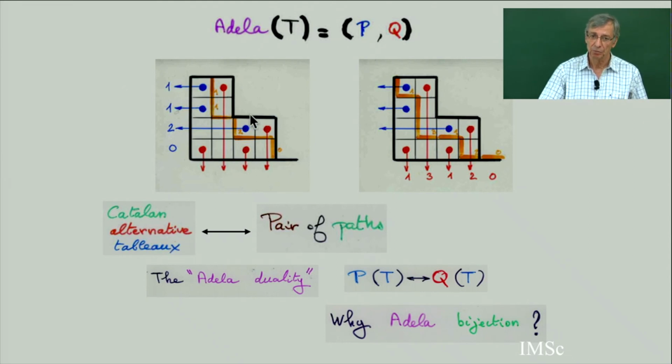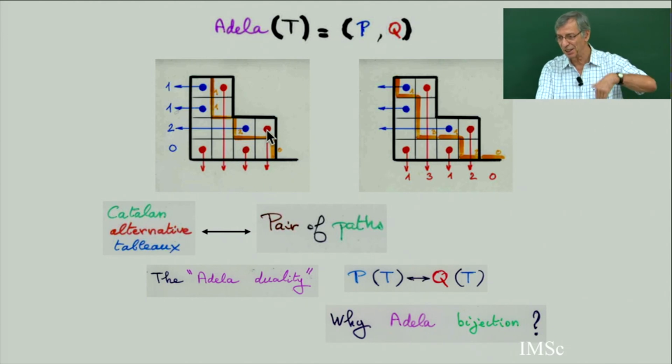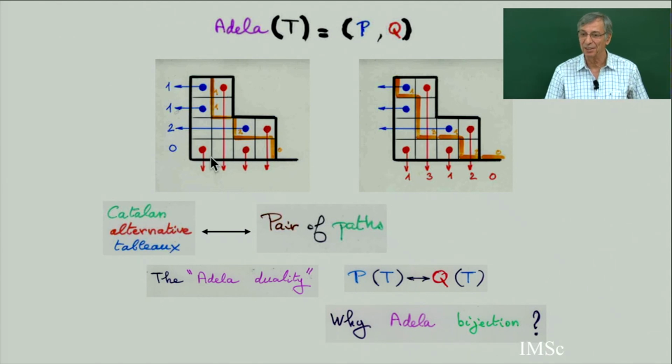And can you recover the red point from one part? Yes, we will see this. If you give me this path, I can reconstruct the blue point, and if I know the blue point, then I know the red point. Well, this is all the combinatorics of Catalan alternative tableau. So we'll see this in chapter 3 or 4. So I don't want to develop too much on this, just to give you an example of this demultiplication of equation, which in the case of Catalan leads to really some interesting result we will need in the class to study the Catalan alternative tableau.